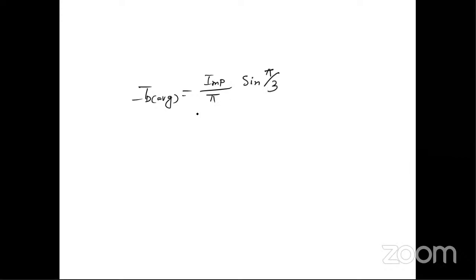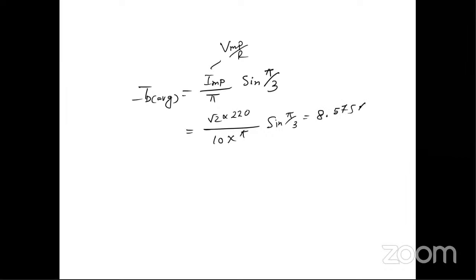for this case 3-phase half wave rectification scheme, this is the equation sin pi by 3, okay। তো এইটা যদি মাথায় রাখি, IMP টাকে আমরা VMP বাই R দিয়ে রিপ্রেজেন্ট করতে পারি, এবং আলটিমেটলি এখানে যদি ভ্যালু বসাও তাহলে √2 * 220 বাই 10 * পাই, আর এটা হবে sin pi বাই 3। তো আলটিমেটলি যেটা তোমরা পাবে সেই ভ্যালুটা হয়ে যাবে 8.575 অ্যাম্পিয়ার। এখানে আমি আগে যে ডেরিভেশন করলাম তার মধ্যে এটা দেখাইনি,